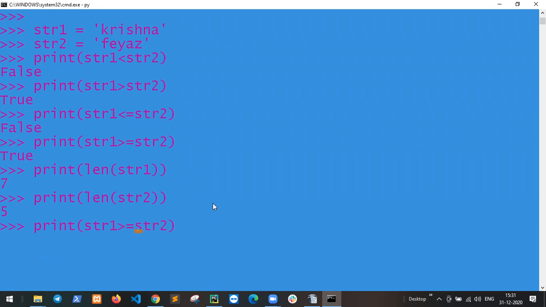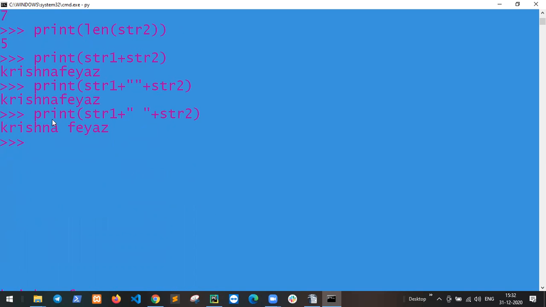The same applies to concatenation. So str1 plus str2. The result is Krishna and Fayaz, but with no space.